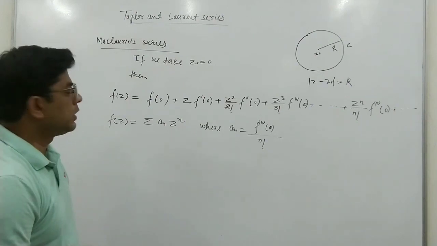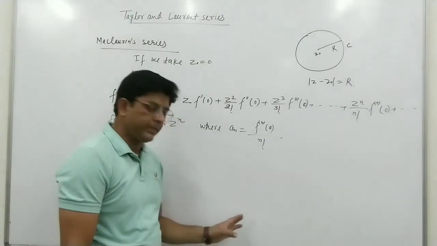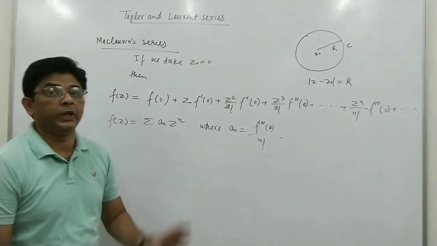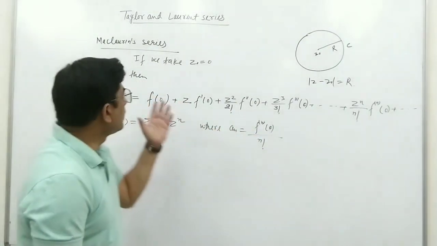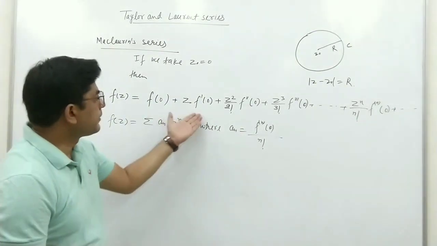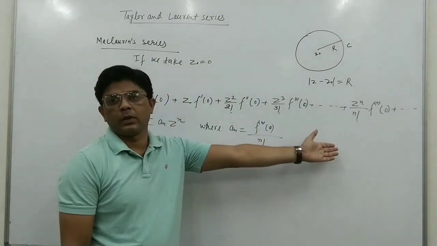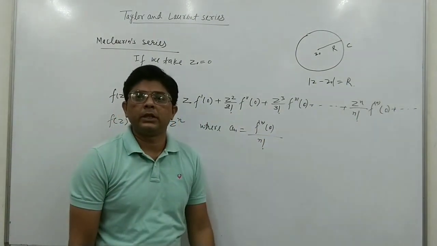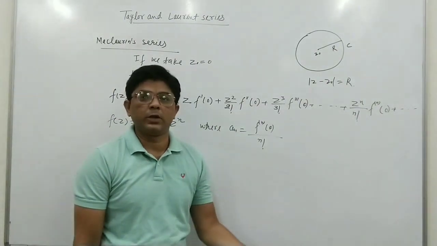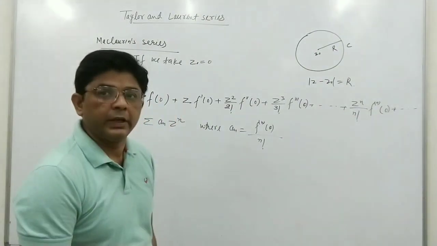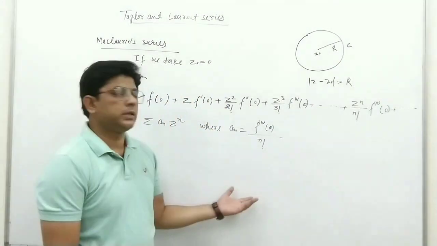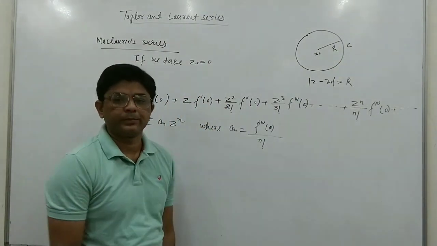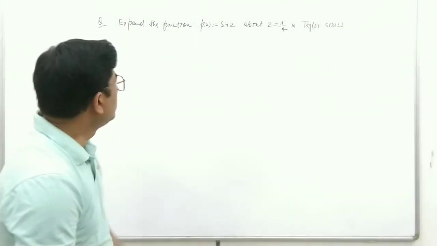Here we should also note that this expansion of Taylor series is a unique expansion. So we can find the expansion either by using the derivatives of the function, or by using the binomial theorem. If it is possible to use the binomial theorem, then we can use it to find the Taylor series expansion of a function. Now we solve this example.